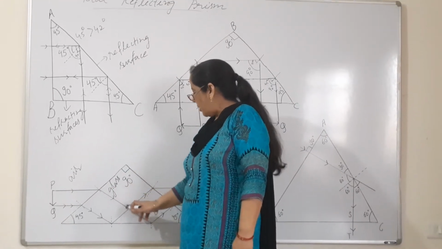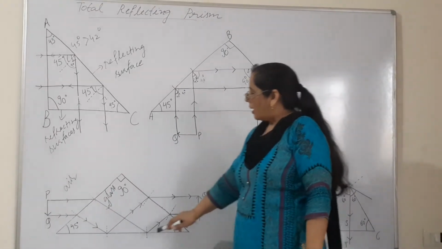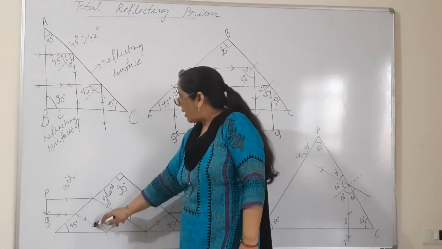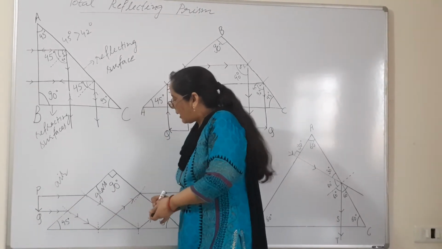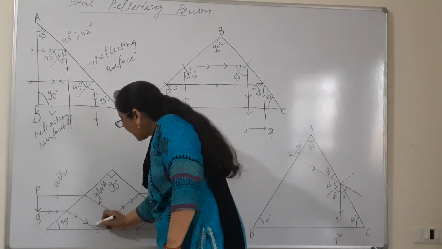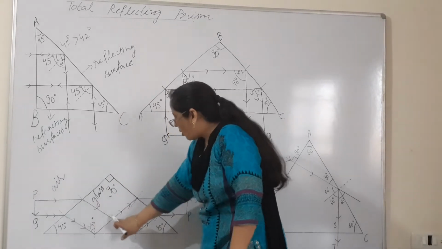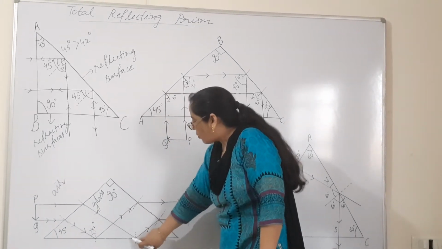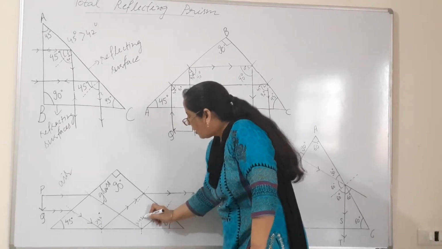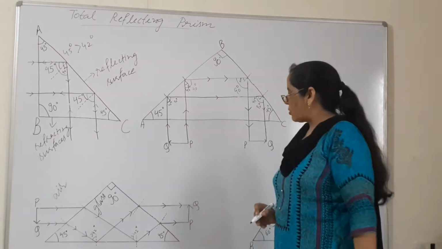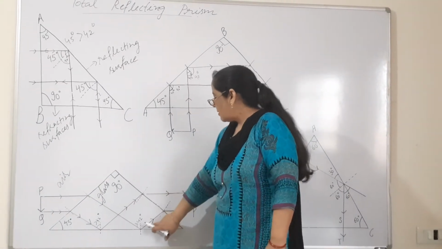So by bending towards the normal, it has to fall on which face? The 45 degree face. Again, where that ray is striking, like this ray is striking at this point, we will draw the normal here, and it is obvious this angle is greater than 42 degree. In the same way, for this ray, it is striking at this point, and this angle of incidence is greater than 42 degree. So it has to suffer total internal reflection. So it has to strike on the opposite face.